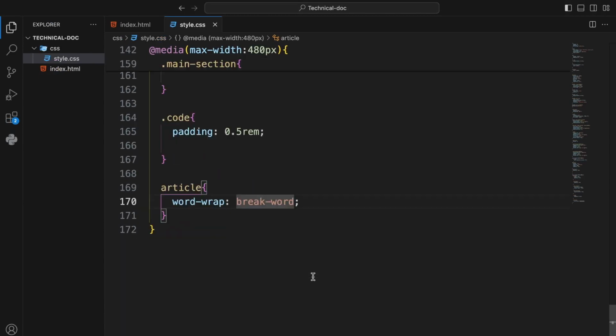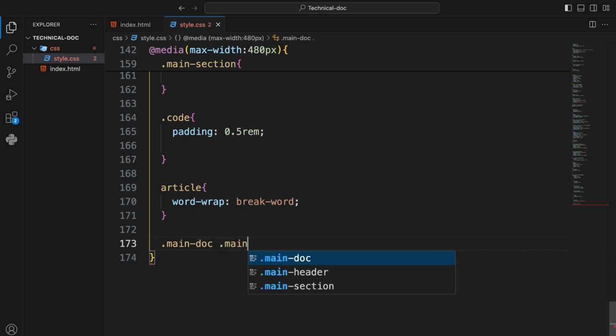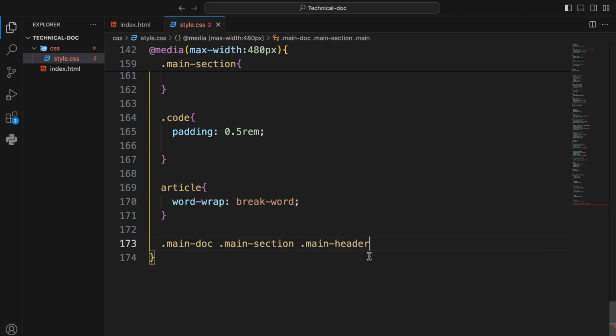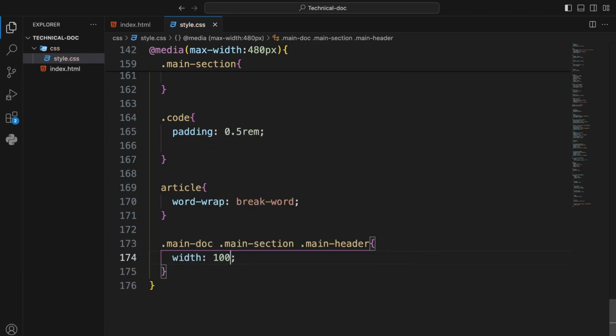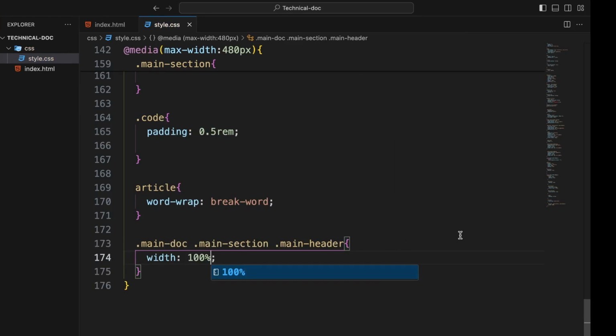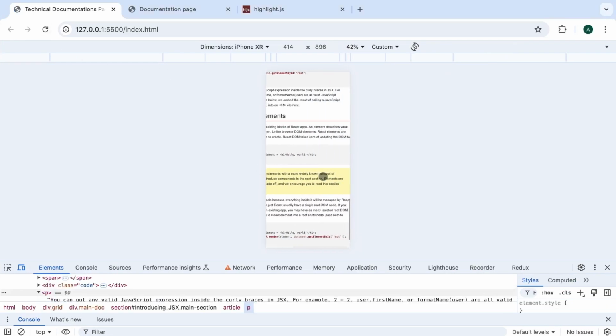Right. So now the last thing we want to do, and then we are done with this particular project, is the main document, main header. So we want to get the main-doc and the main-section main-header, and we are just going to set the width to 100%. Okay, and save. If we refresh our page, yes, so now you can see